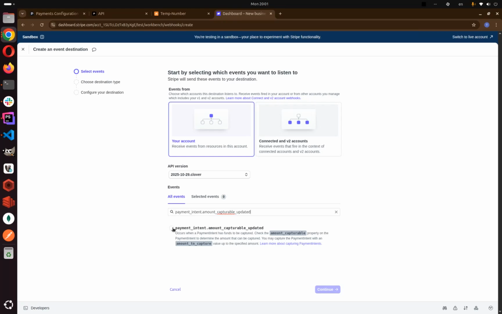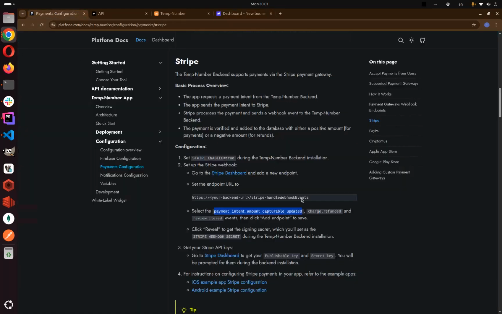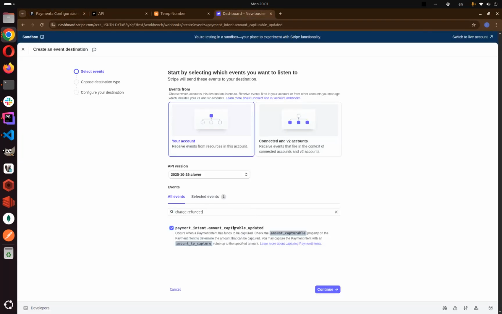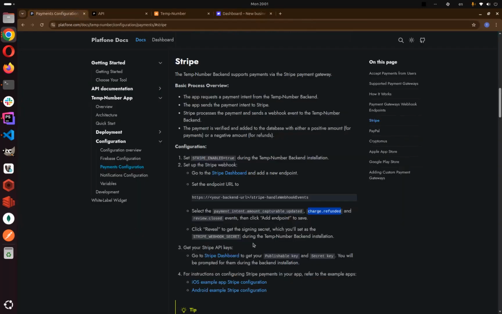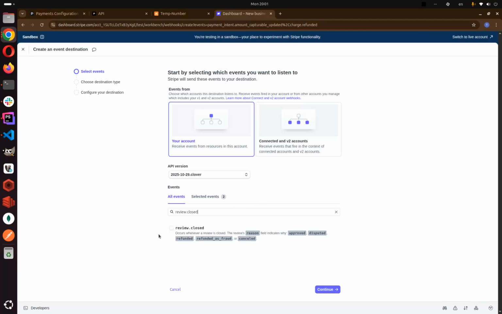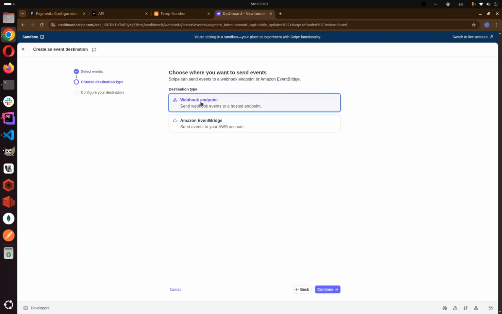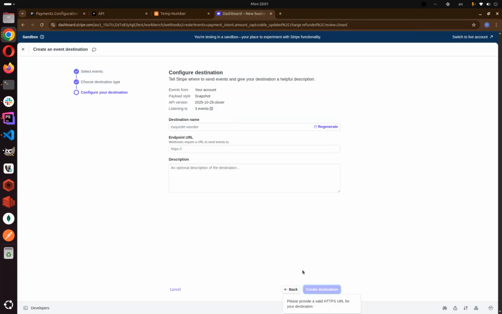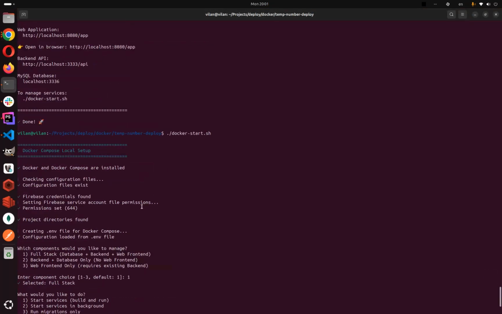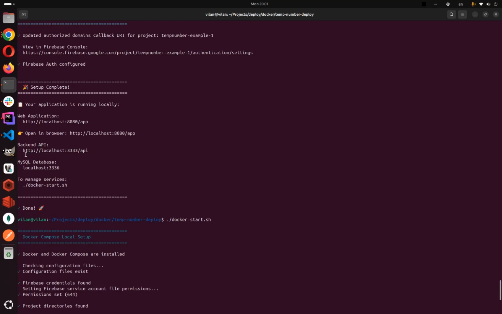Copy, paste, and select. Okay, next, charge refunded, copy, and select, and review closed. Select this event. Okay, continue, and we need to set the webhook endpoint. Open, so we see that we need an HTTPS endpoint URL. But now our backend is running on localhost with HTTP. So